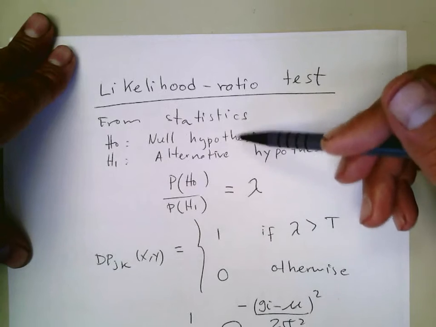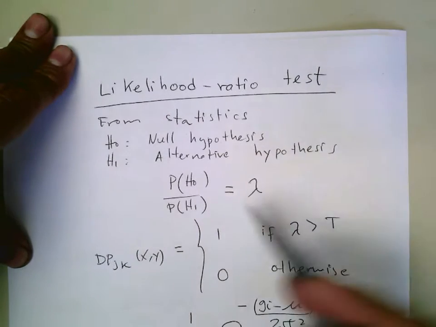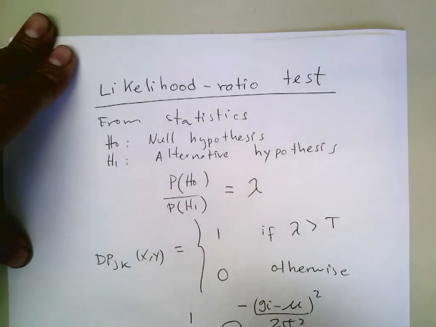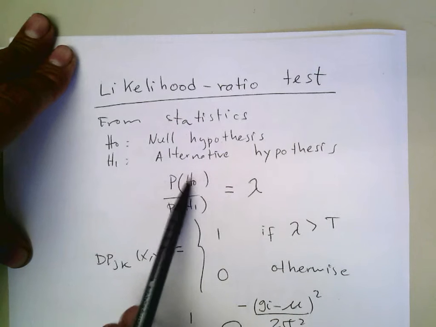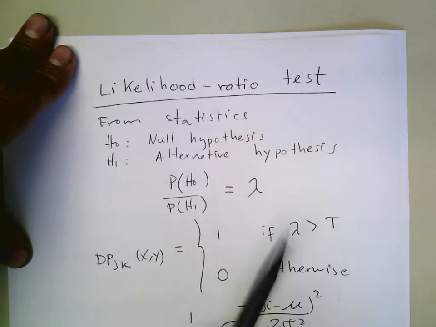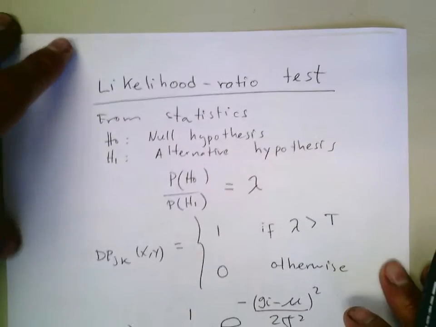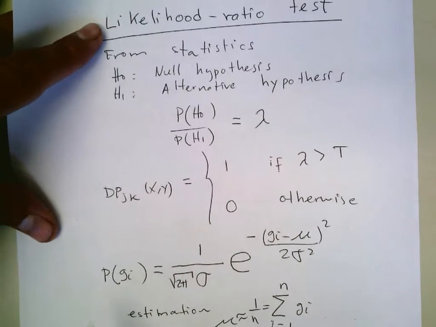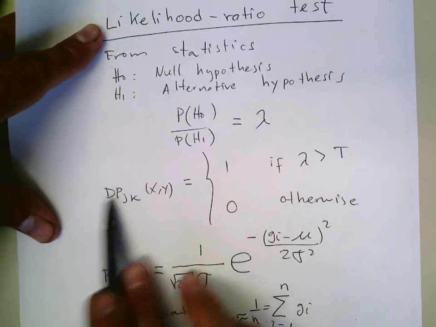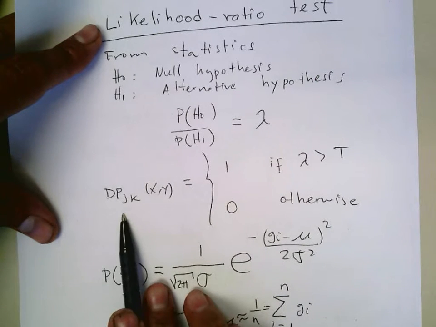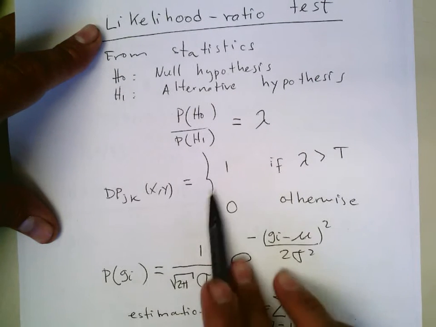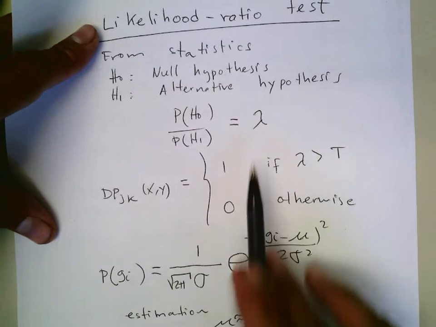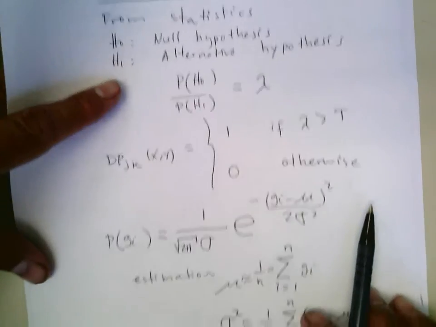Again, we're using this from statistics, and the idea is that we get into these ratios, something that looks like the probability of one of the hypotheses given the other hypothesis, and then we get some type of number. This is similar to what we were doing before with the differences between the images, where we say yes or no depending on whether this is greater than a given threshold, and then maybe we can use that as one of the numbers.